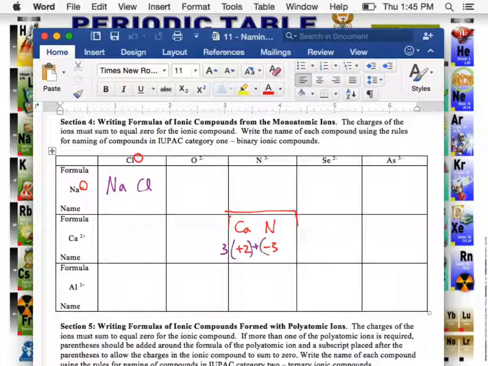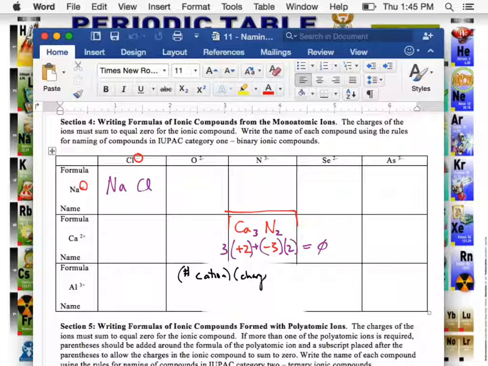I need 3 calciums and I need 2 nitrogens to balance it out so that I now get an overall charge of 0. For those of you who are really good at math, that's cool. For those of you who aren't, this should look familiar. This should look exactly like what we talked about on Monday. That's because it is. The number of our cation times the charge on the cation